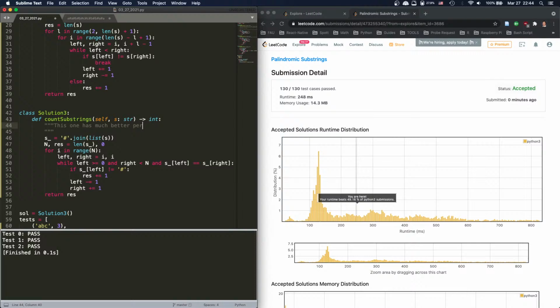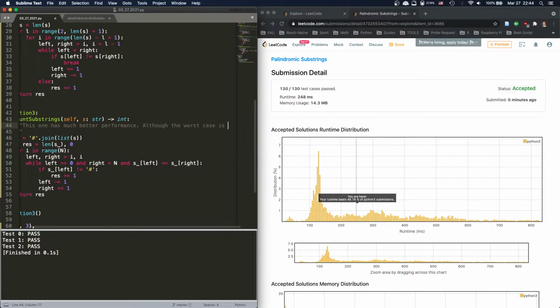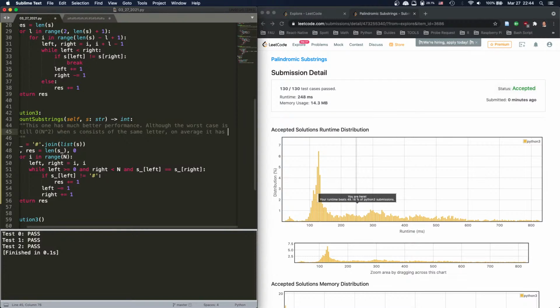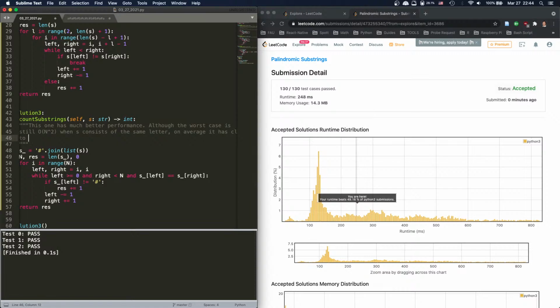Although the worst case is still O(n squared) when s consists of the same letter. On average, it has close to O(n) performance